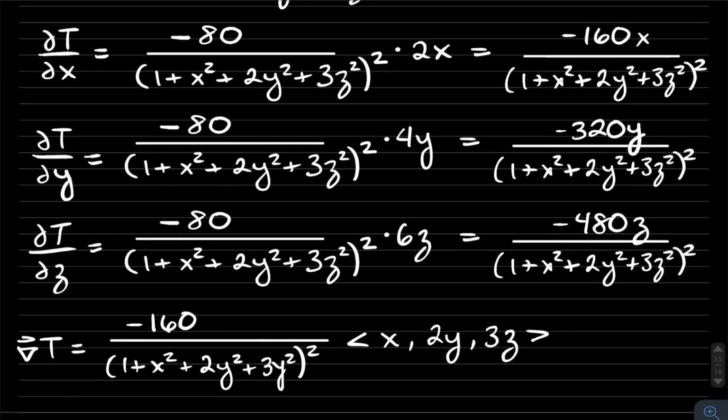Okay, now we can put our point in here, right? Because if we're trying to find the direction, we're trying to find that direction at the point, because it said that in the problem. So in this case we want to find that direction at the point. In the last case it didn't really say that. It said we wanted to find the directional derivative at the point, but it didn't necessarily say that about the